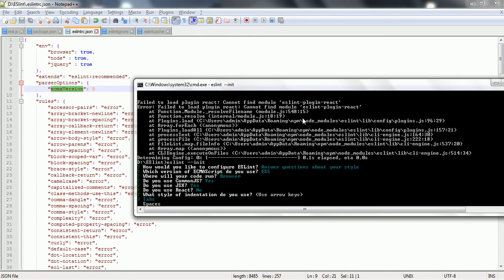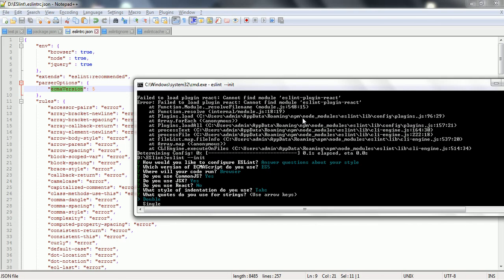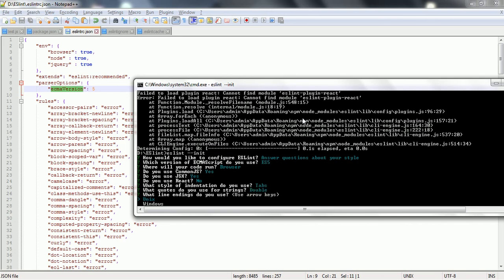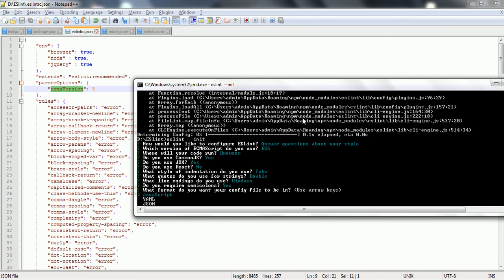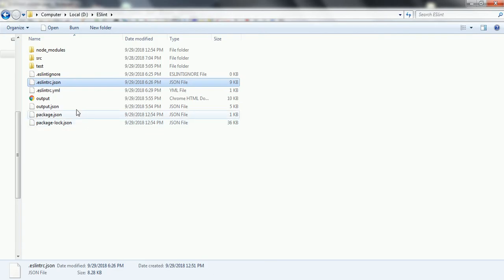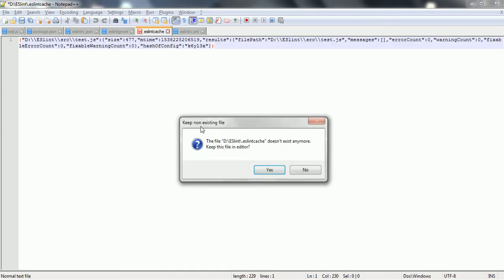I'll say tab as the indentation. And what quotes do you use for the strings? I'll say double. And I am using Windows. Do you require semicolon? Yes. And the configuration file I want in the form of YAML, it has created. Now if you go and see our configuration file, this time it has created the .eslintrc.yml file. Now if you go and open this file,